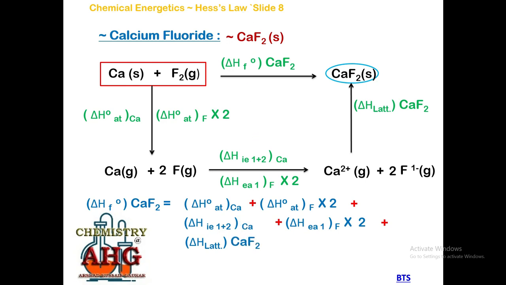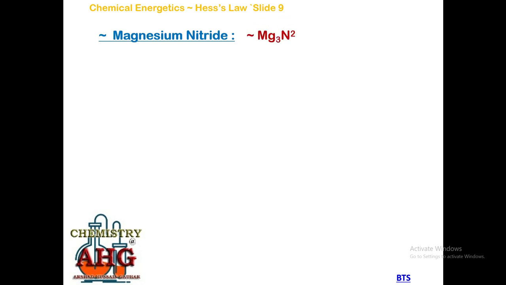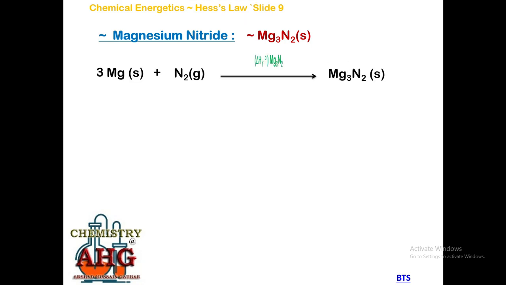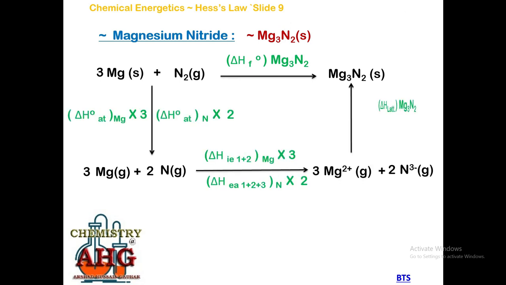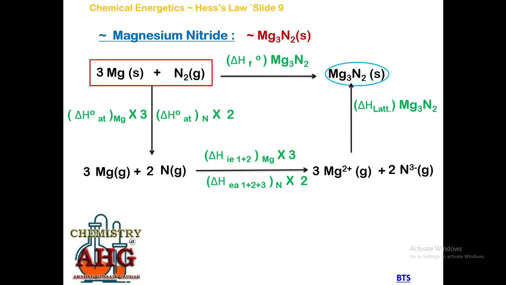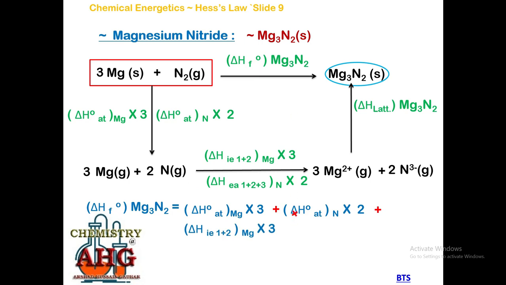One last example. Just give it a try and try to solve it correctly. It is for the formation of magnesium nitride, Mg3N2. Okay, students, if you have written the equation, just check it out. Formation, that is the direct path, atomization, ionization, lattice enthalpy, initial, final stage, delta Hf. Direct path is equal to atomization of metal, atomization of non-metal plus ionization energy of metal plus electron affinity of non-metal plus